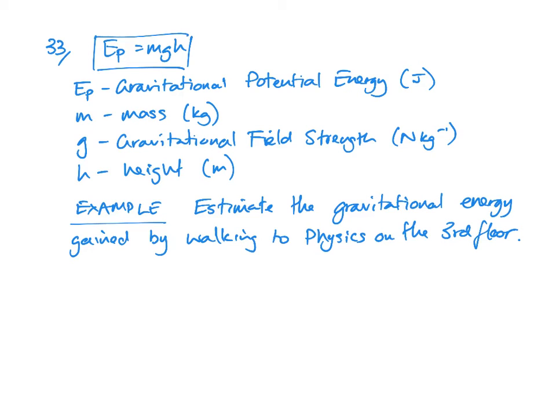Estimate the gravitational, that should say potential actually, potential energy gained by walking to physics on the third floor. So we're not getting very much in this question. We're obviously being asked EP, but to get an estimate for EP, we're going to need values for M, G,